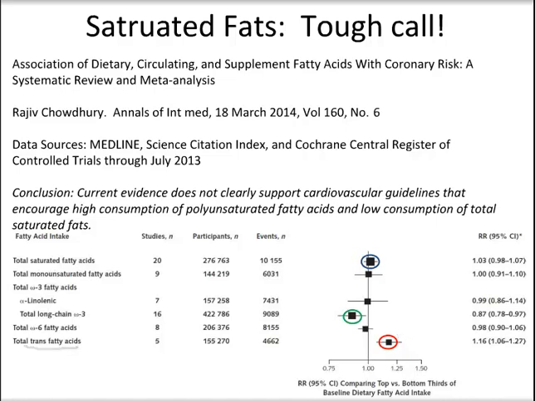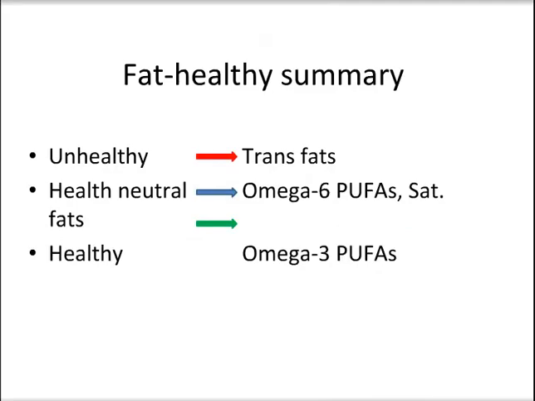Now, if you look at corn oil, you might say, well, Dr. Matroka, corn oil has 1% omega-3, just like olive oil. Yeah, but the problem with corn oil is that it has so much of the omega-6 in it. Okay, whereas olive oil only has a little. So the ratio of omega-6 to omega-3 is not too bad with olive oil. It's a lot better with canola oil, but corn oil is definitely a problem.